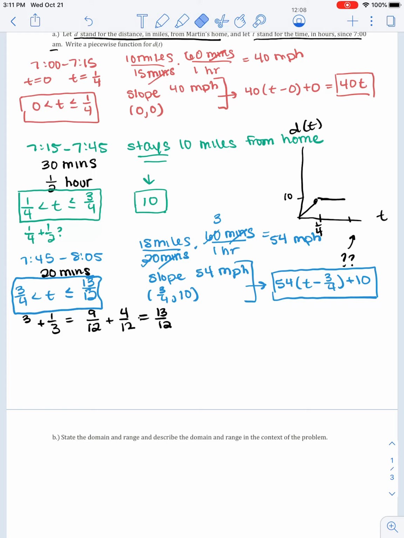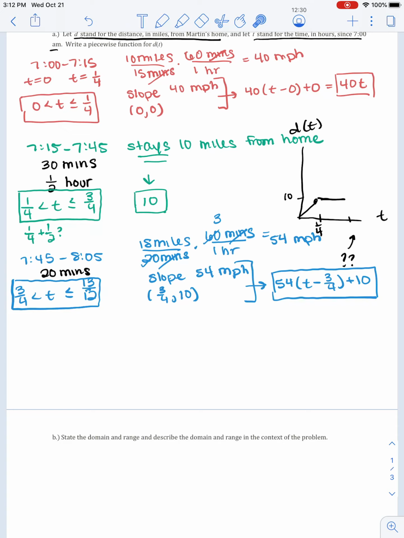So I'm going to just go ahead and erase this addition of the fractions here to give us some space to finish this off. We have to finish getting Martin to school, right? Unfortunately, at 8:05, which corresponds to that 13/12 of an hour after 7 a.m., Martin's car